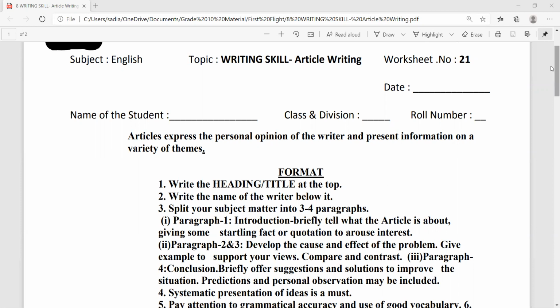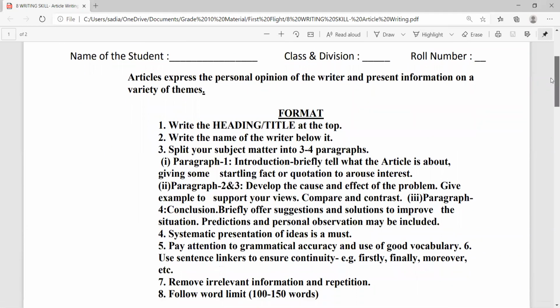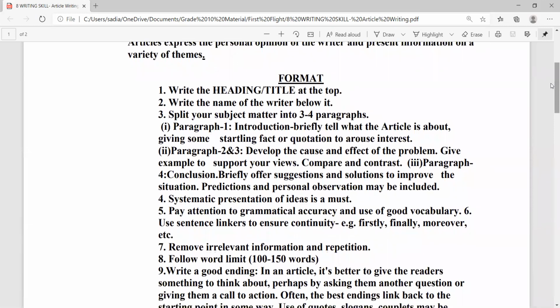Now let us look at the format. There's 1 mark for the format. The format has a heading or a title right in the center, and under the title or the heading, you have the writer's name, comma, student of grade 10. Then you have to give your